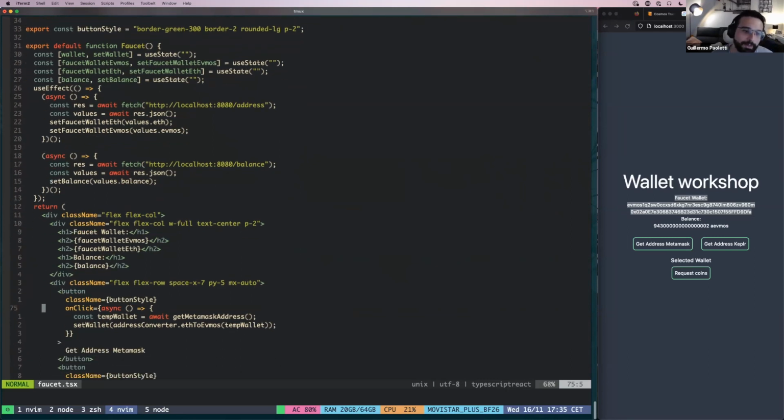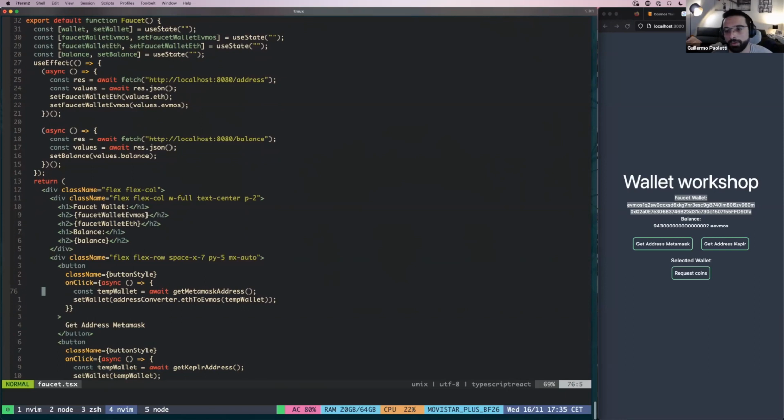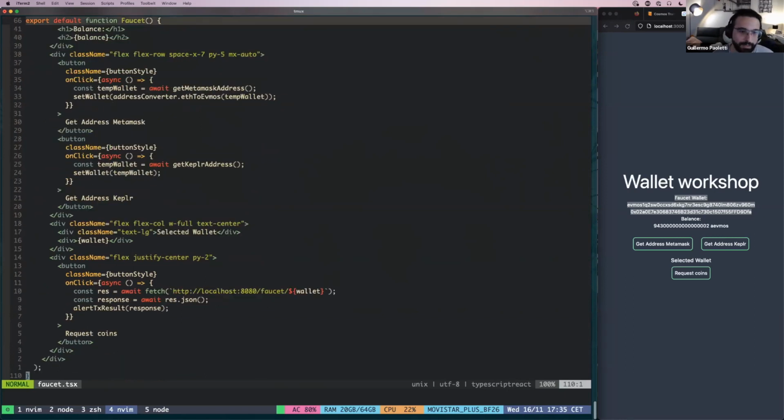So then we need to call the API. The API is going to just call the localhost 8080 faucet and the user wallet. This one is pretty standard for any API integration, so you probably know how to do it. But the thing that we are going to look into is how to get the address from a MetaMask extension